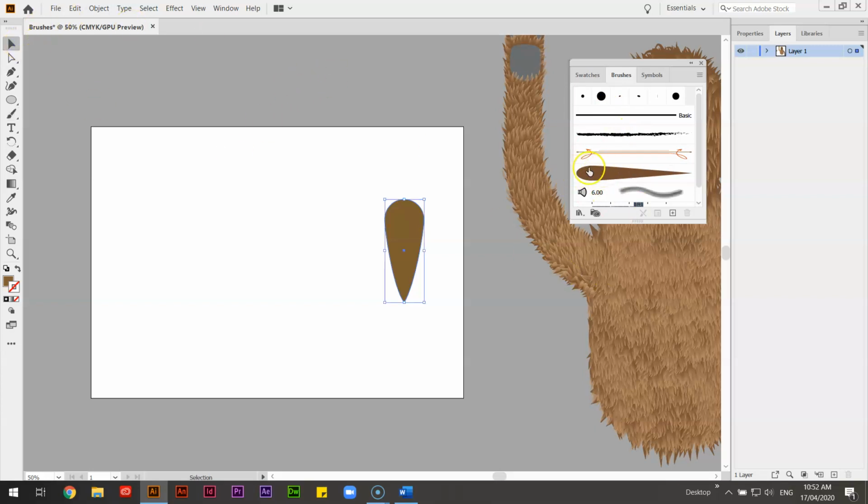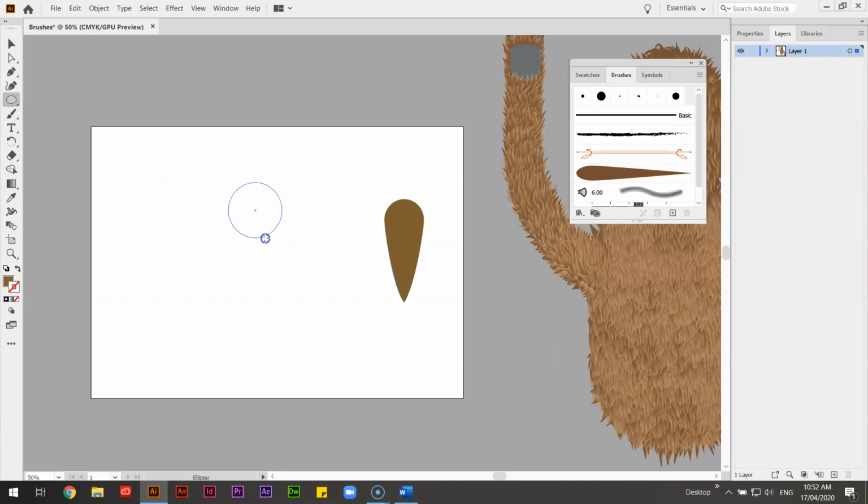Now I hadn't actually made this brush, but because I imported this character from another file, it also brought over the brushes tool that I've actually entitled Bear Hair from a previous version. Now the way we use brushes is we simply create a shape and then we go down to make a new brush. So here's my shape, and I'll show you how I made that, but it's very easily just a